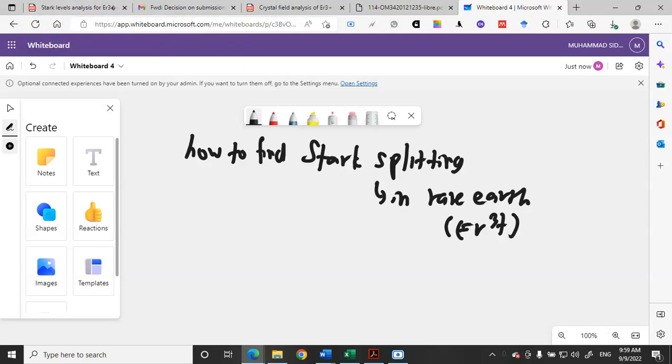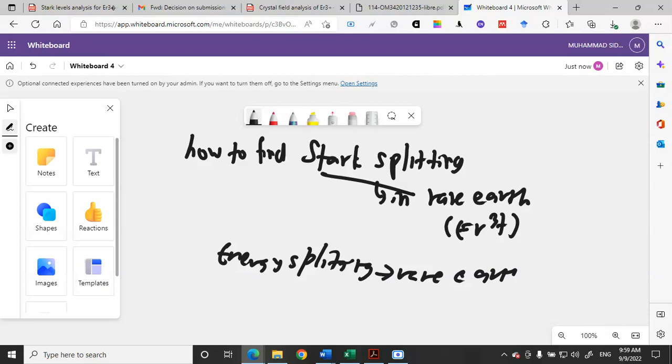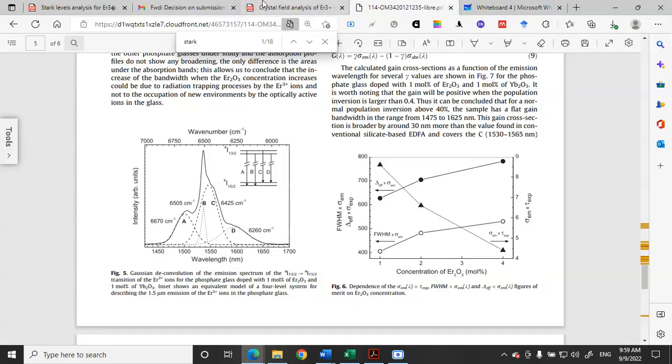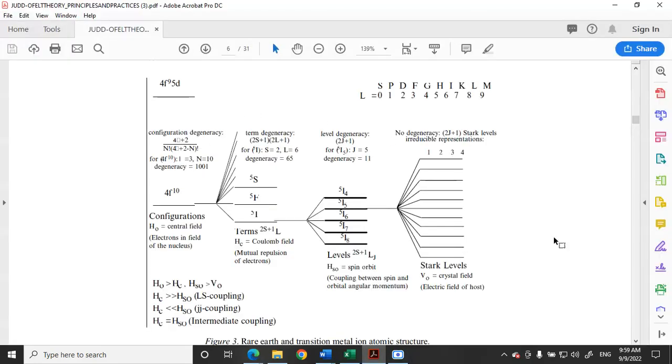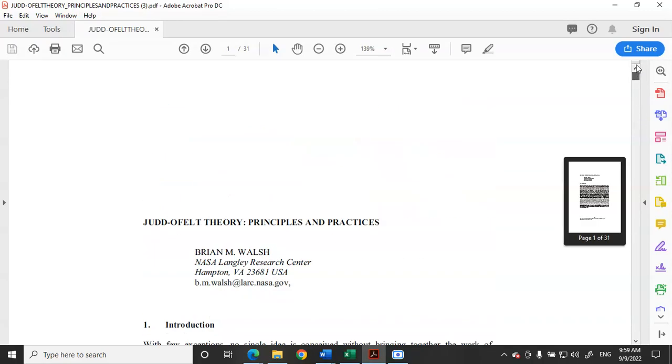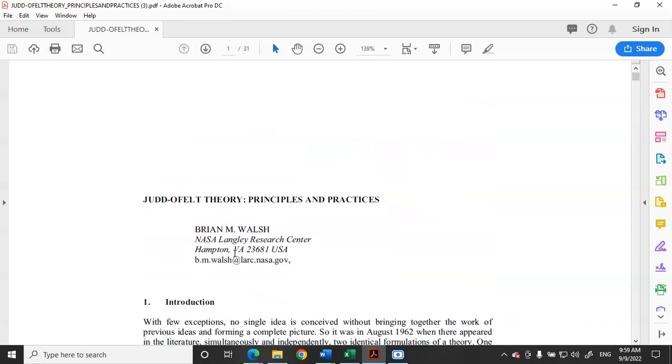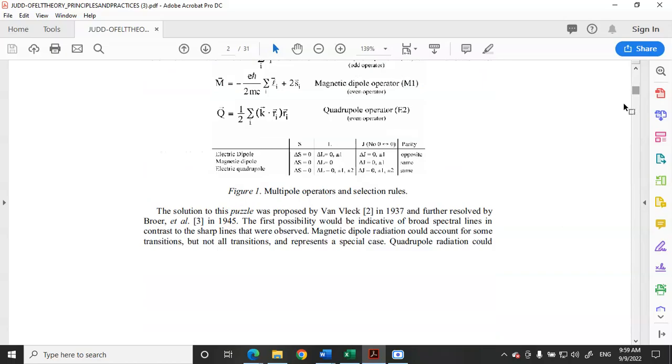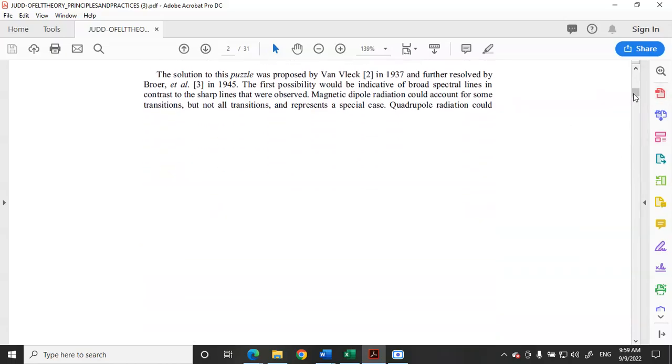Before we go to Stark splitting, how to find Stark splitting, we must go back to the energy splitting concept first, especially for rare earth ions. For that, we refer to a paper by Walsh. He described that energy splitting can occur like this,